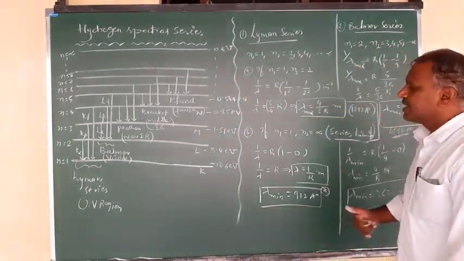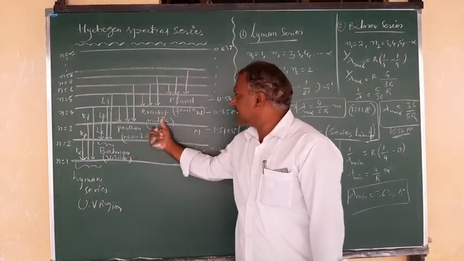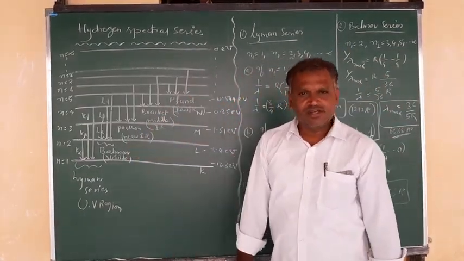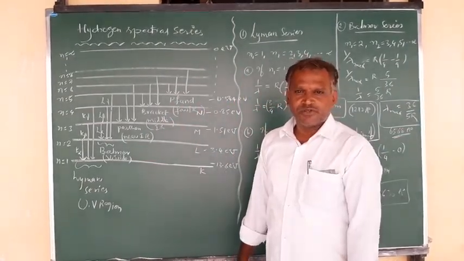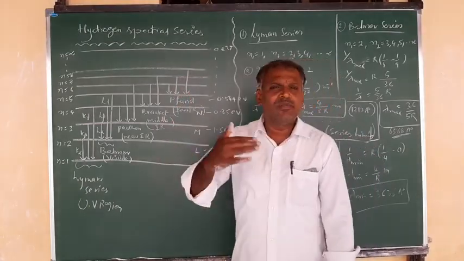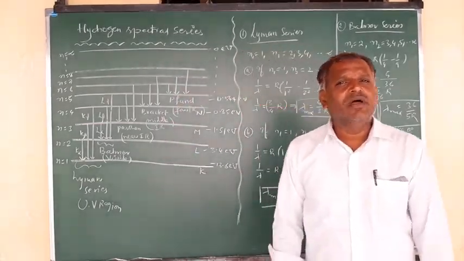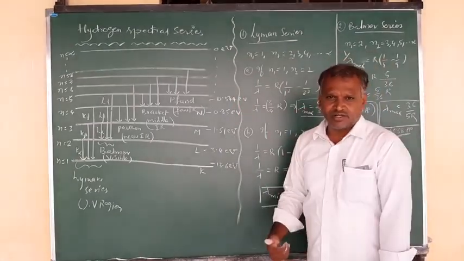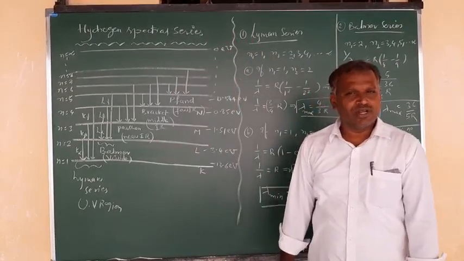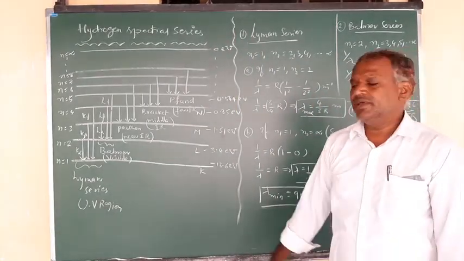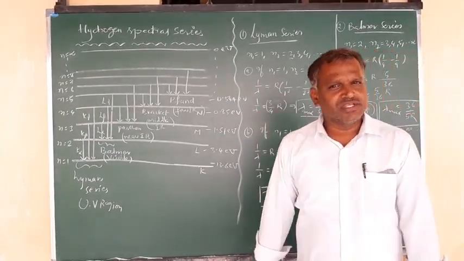Like this you can calculate for the remaining three also, that is the Paschen series, Brackett series and Pfund series. The same procedure can be applied to determine those as well. In this way we can calculate the wavelength emitted when an electron transition takes place from one energy state to another. So we get the spectral series for the hydrogen atom, which we studied like this. The remaining part we can see in the next class.